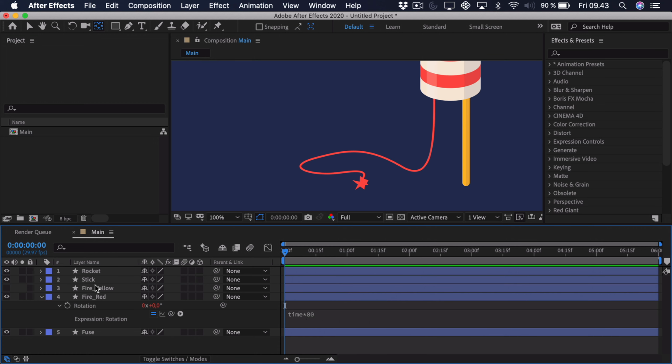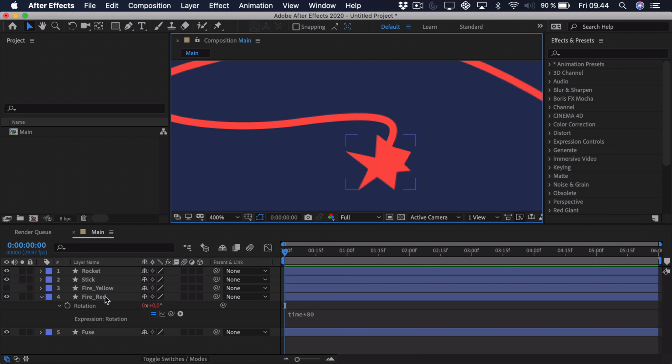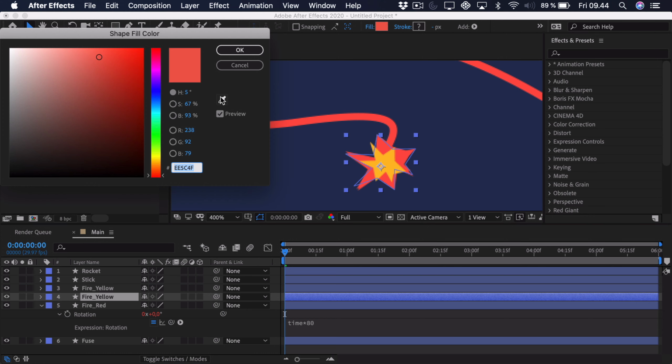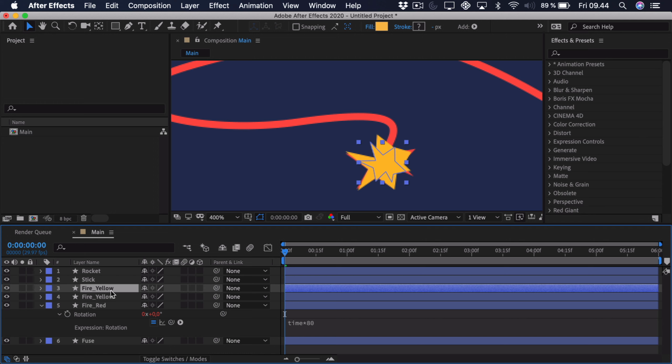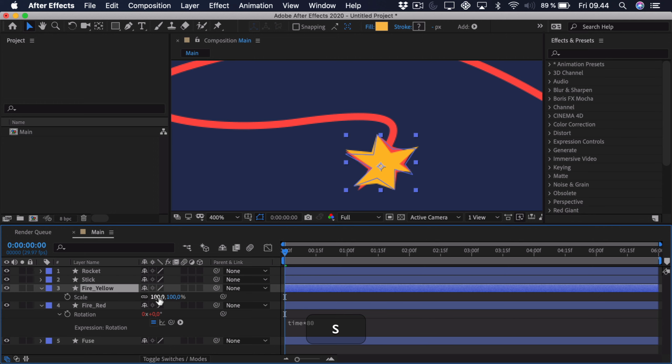Now we want the yellow fire, and we don't want to do all of this again. So what we could do is take the red fire, press Command and Control D to duplicate it, and we can call this the fire_yellow. Then we can turn on the yellow fire and just go up here and select that color. Press OK. Now we can delete the yellow one that we have illustrated, and we can just take this scale